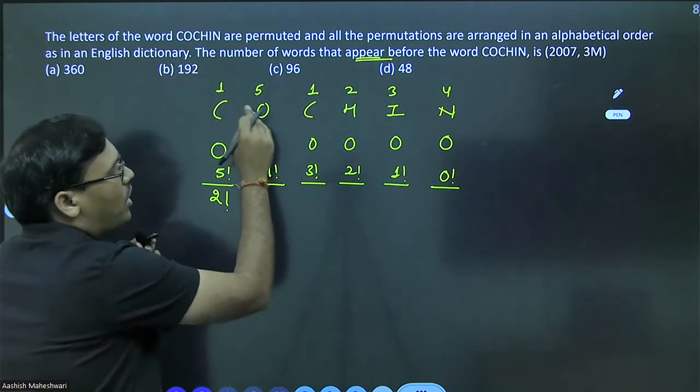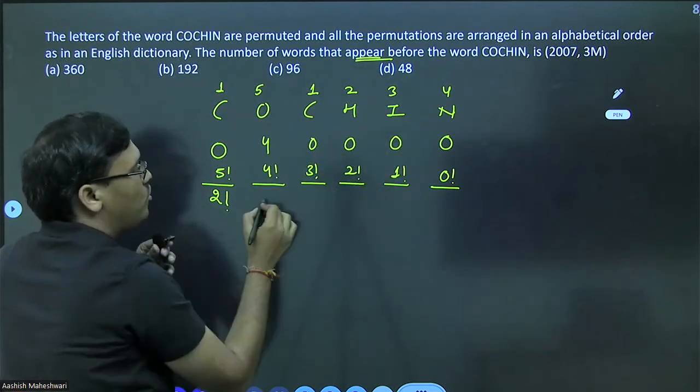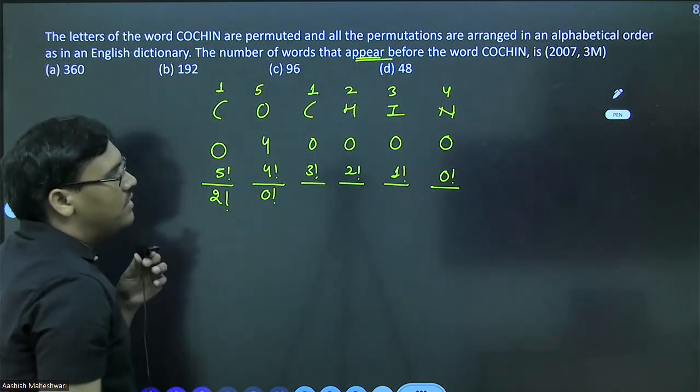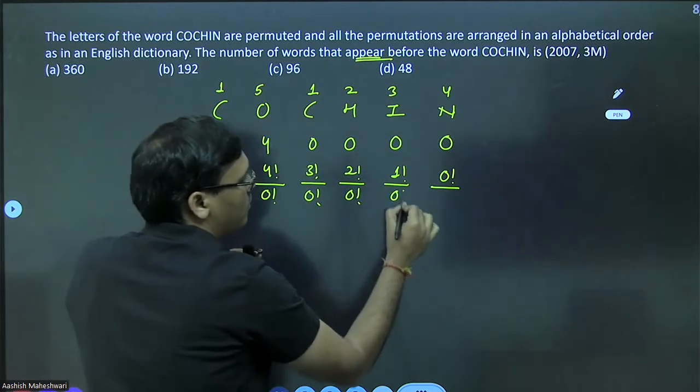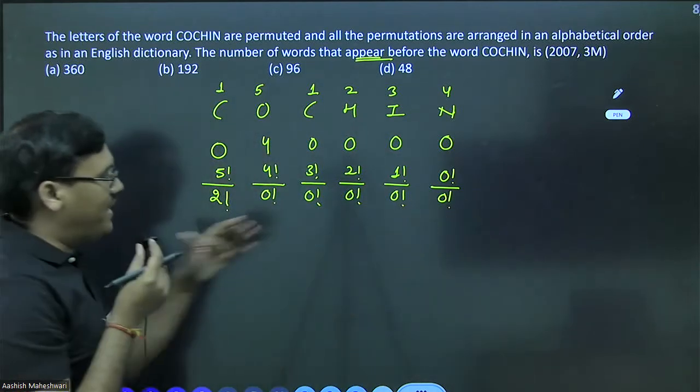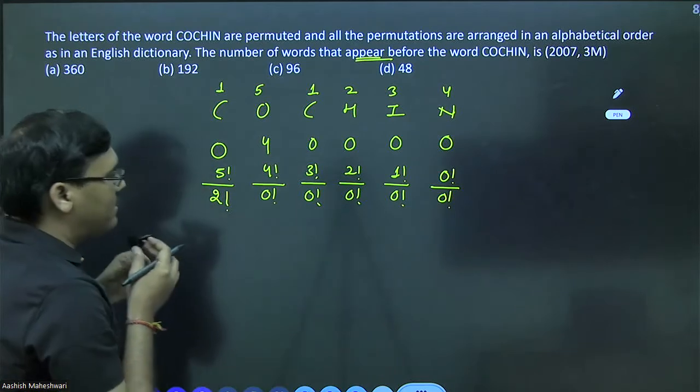Using this O also, how many letters are identical on the right hand side? No letter, 0 factorial. Similarly for this is again 0 factorial. 0 factorial, 0 factorial, 0 factorial. No adjustment you have to do. So what is the rank? Now you see